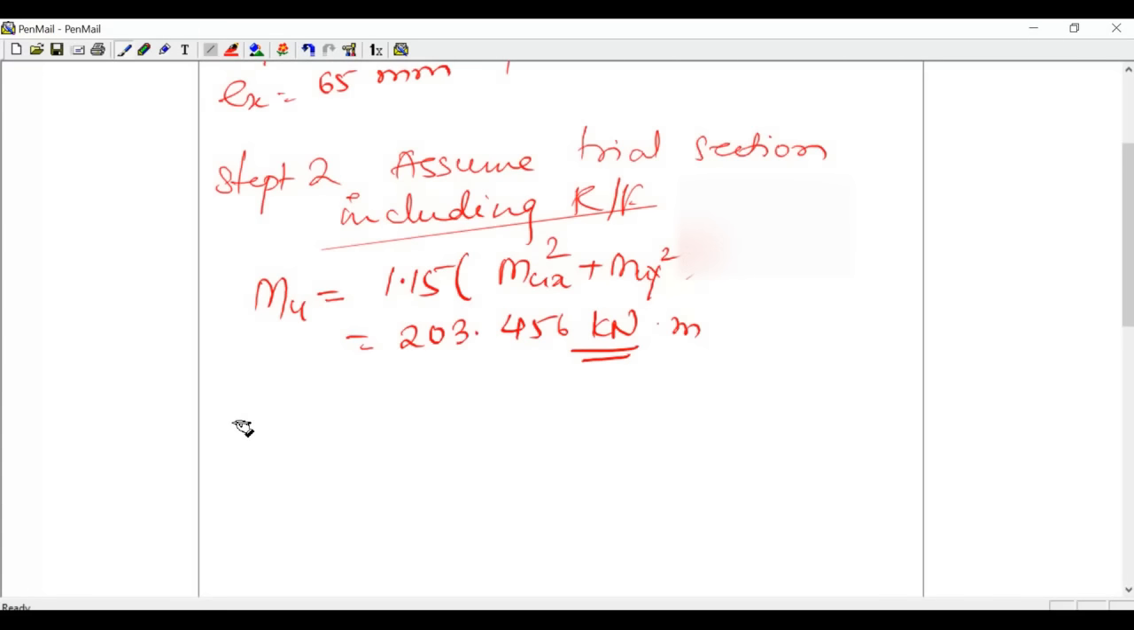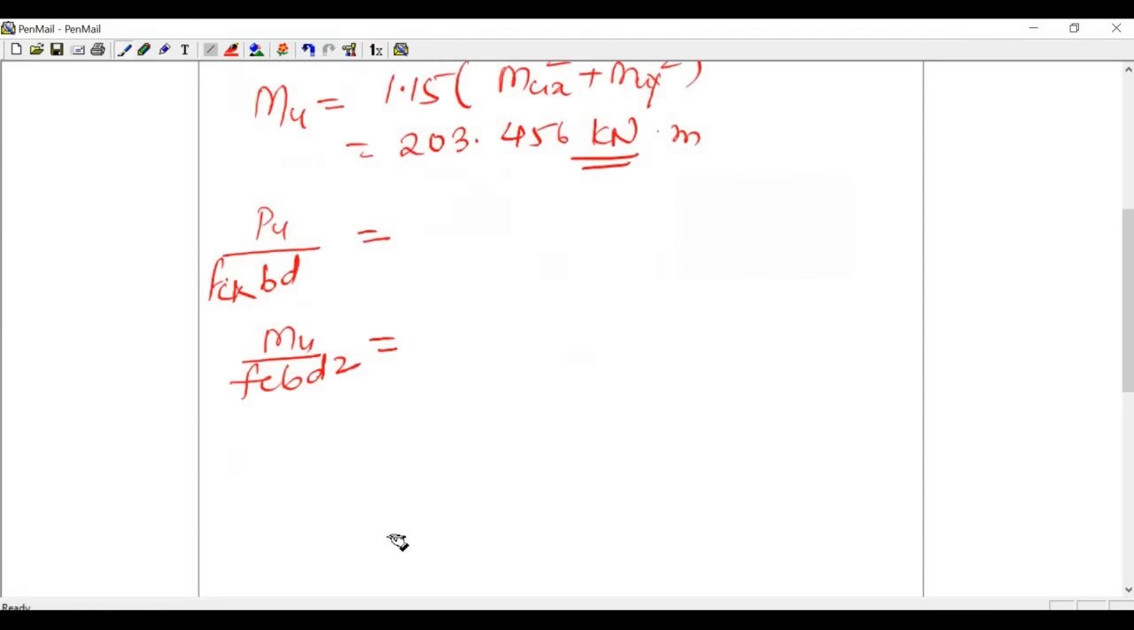As per IS 456, we need to calculate Pu upon fck b d, and Mu upon fck b d squared. With these two values and the graph, that is, the chart 44 and 45 of IS 456,